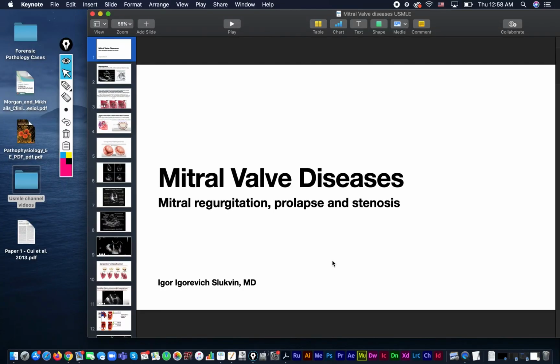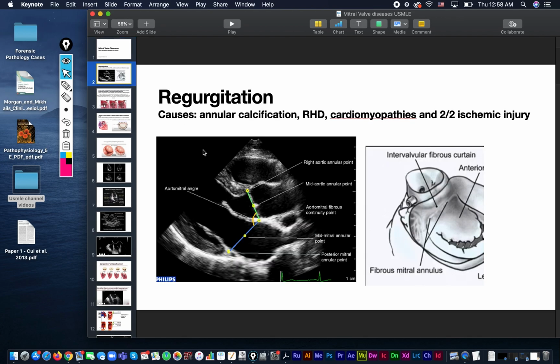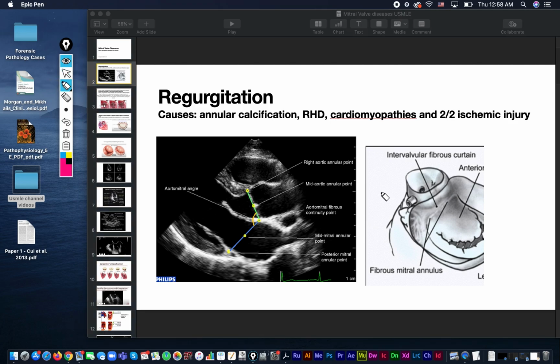Mitral valve diseases, which are mitral regurg, prolapse, and stenosis, although there are many more. These are the major three. So let's get started. One thing you have to know, first of all, in mitral valve disease, the annulus is a fibrous structure that's very important for good coaptation. It should be nice and firm. It shouldn't be loosened, because if it's loosened,